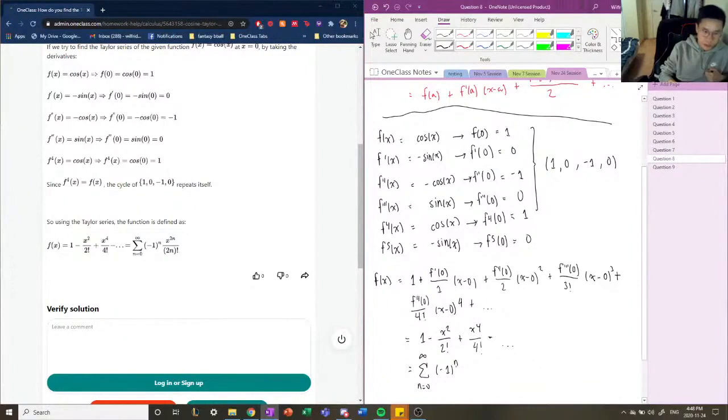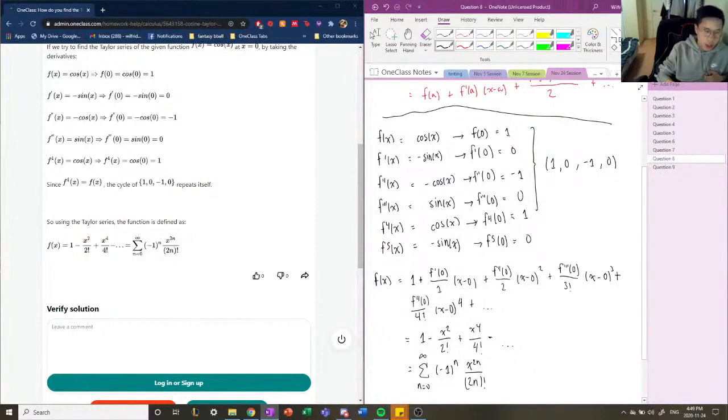Now we see that our terms x squared and x to the 4 and so on only include even powers, so we can write x to the power of 2n. This ensures that our Taylor series will always just have even powers. And at the bottom we only have even factorials, so we just write 2n